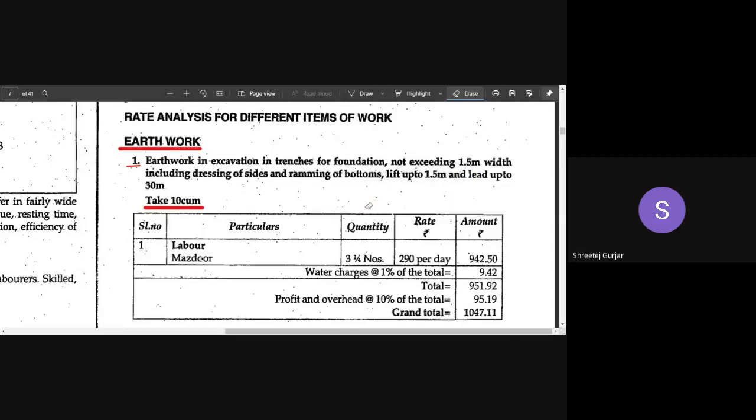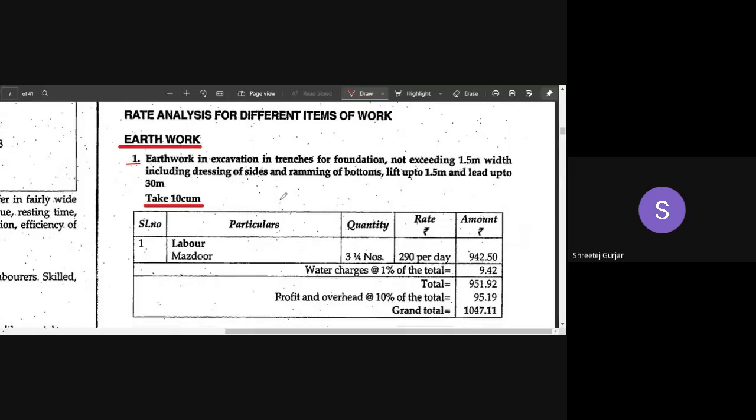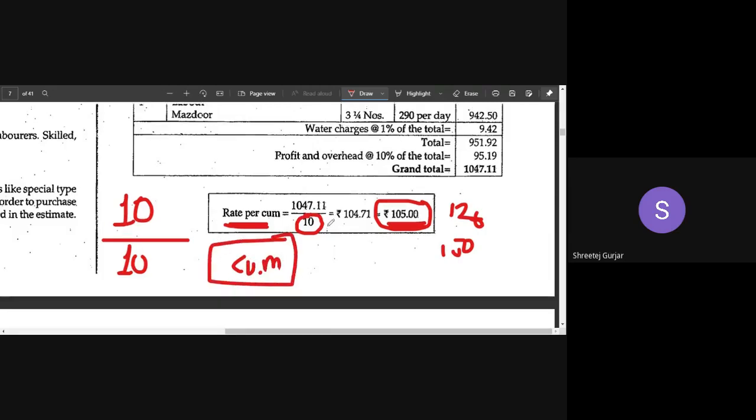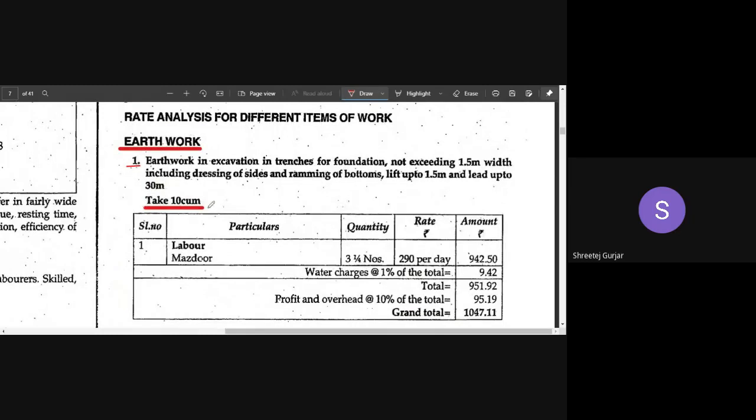Okay, assume it as 10 cubic meters and then calculate for the item of works and then divide later by 10. You can observe here we have divided it by 10. So what happens? 10 cubic meters, you divide by 10, so you arrive at what? Per cubic meter in the end, right? Per cubic meter you will arrive. So that is what rate analysis is. So we have assumed 10 cubic meters. Okay, no problem. Quantity we have assumed.